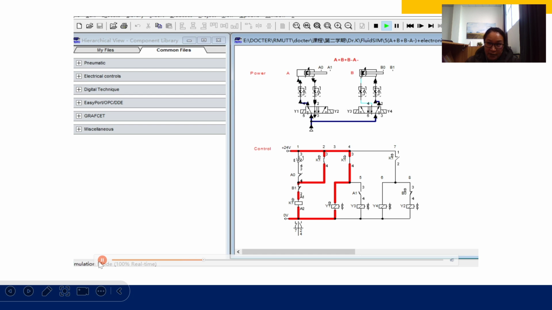Piston A will work, and the piston B will work. Then piston B will return. Finally, piston A will return. It can work according to the signal flow diagram.